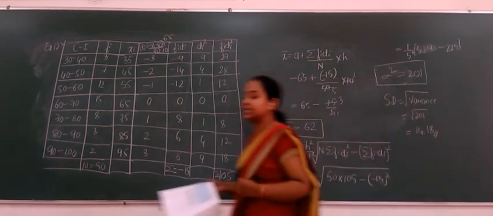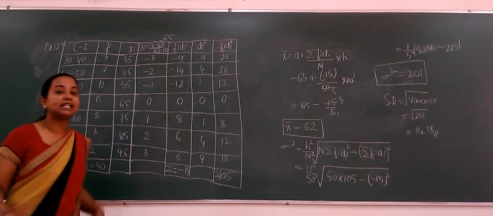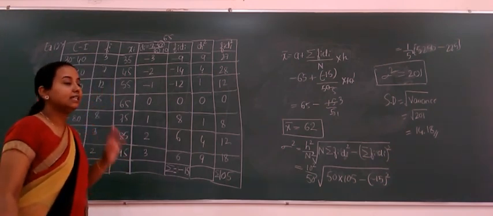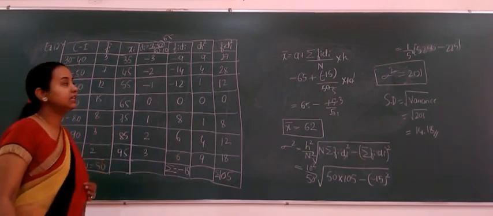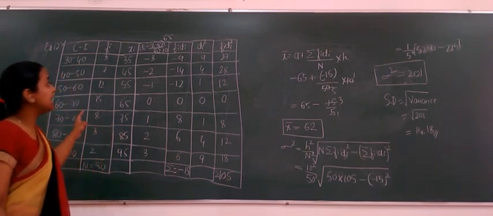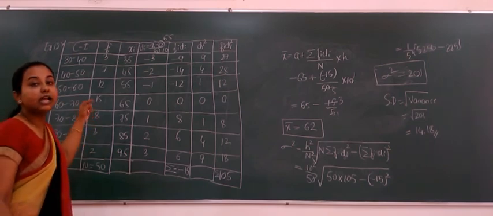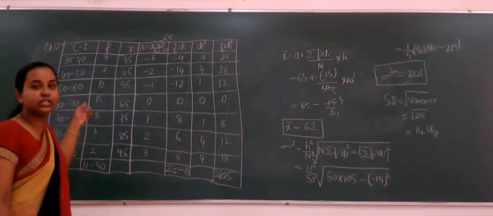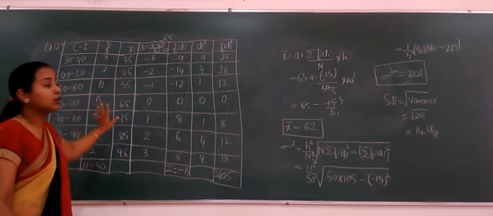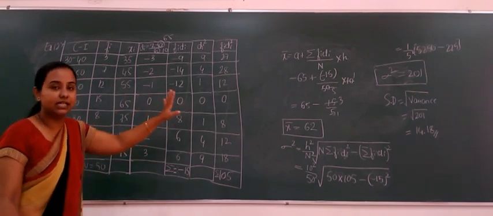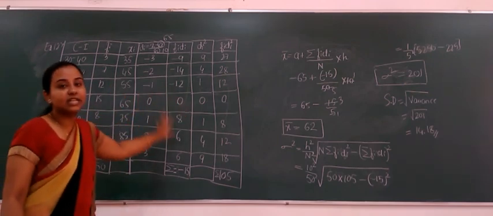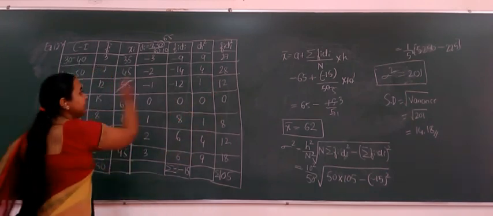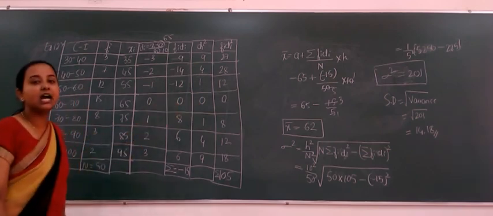So I hope everyone is clear with the difference between example 10 and example 12. In example 10 we did it by the direct method, that is we calculated the mean, standard deviation and variance. But in example 12 we have used the indirect method, the step deviation method. Using those methods, we have calculated the mean, variance and standard deviation. We have changed xi to di, so even the formula changes, and according to the formula we framed the table and finally obtained the answer.